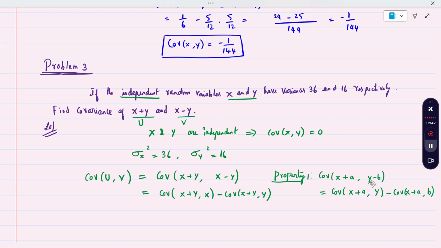For this I am again going to use the property. Covariance of x plus y comma some x, how do I write it? Covariance of the first variable comma the second, plus covariance of the second variable with the second. This way only I have to write it. Now when I write it,